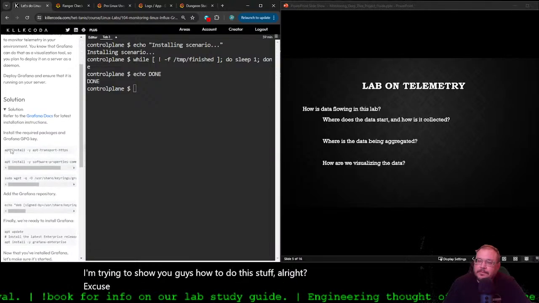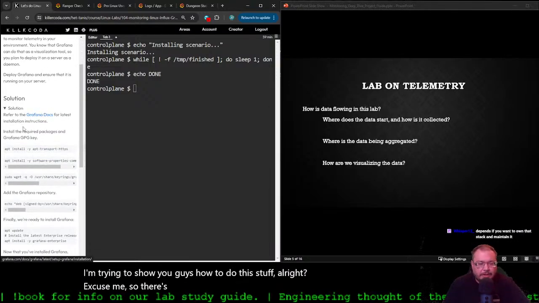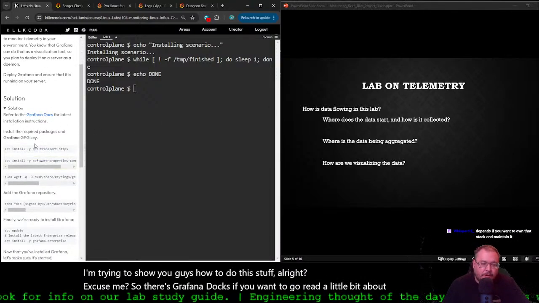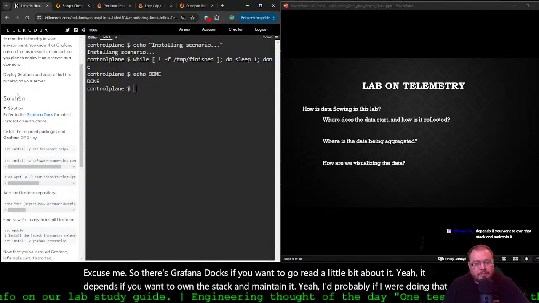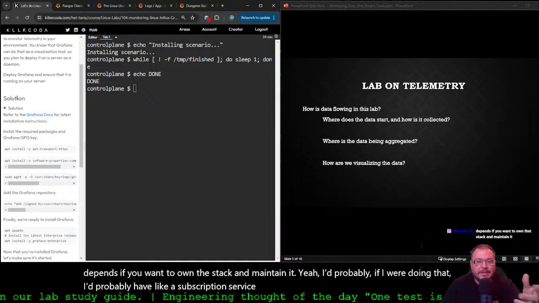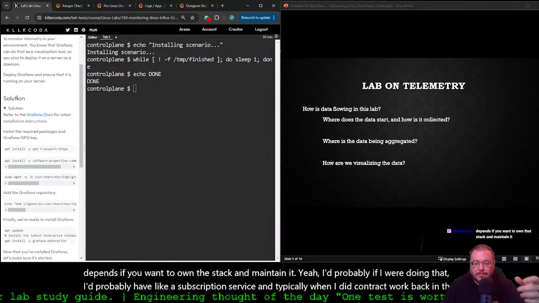So there's the Grafana docs if you want to go read a little bit about it. Yeah, it depends if you want to own the stack and maintain it. If I were doing that, I'd probably have a subscription service. And typically when I did contract work back in the day, because I used to run my own company doing this stuff,